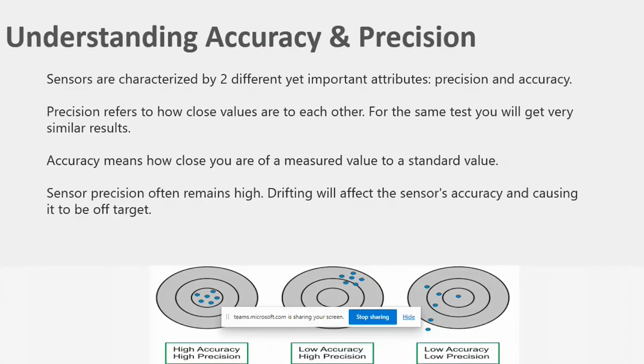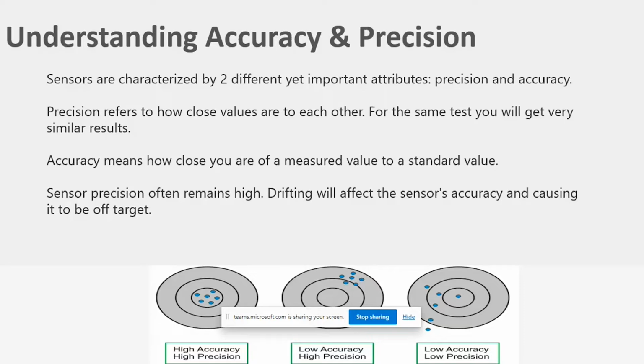So first of all, before we move on, we must know about sensors and the sense of sensors. We categorize sensors by two important features, which are precision and accuracy, because if a sensor doesn't have good precision and accuracy, then it cannot perform very well. Precision means the values are very close to each other when you take two or more data sets, and these results must be very similar to each other.